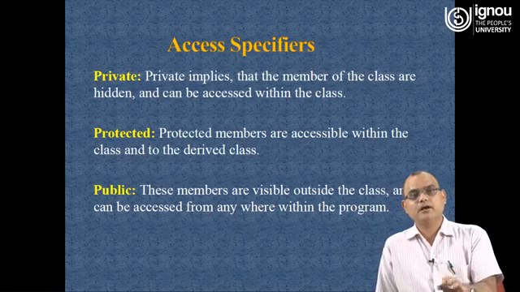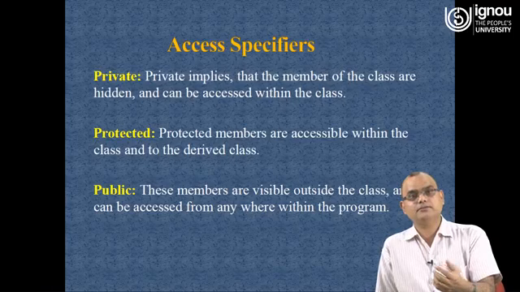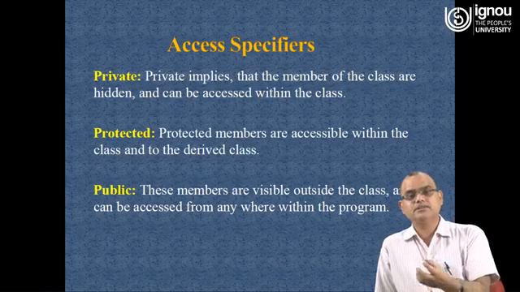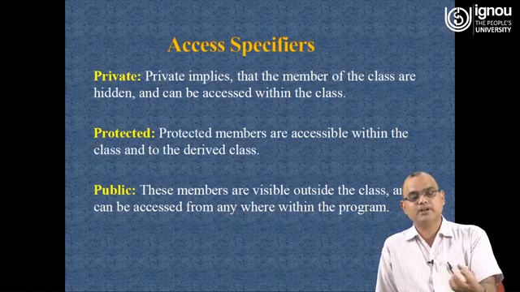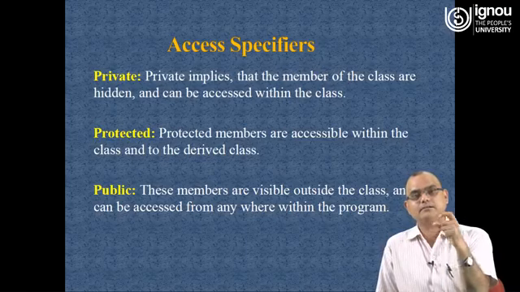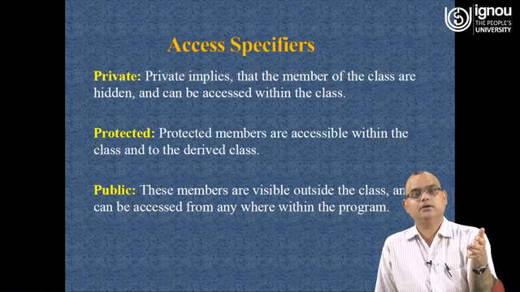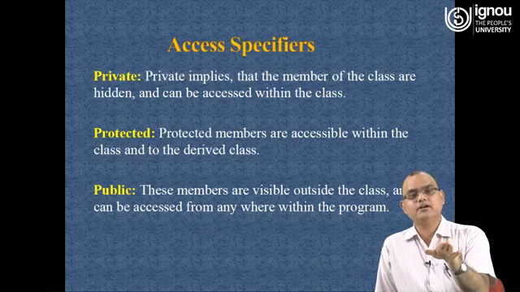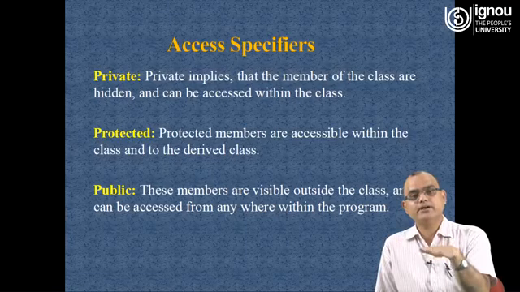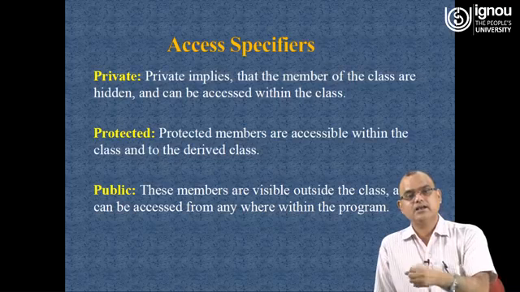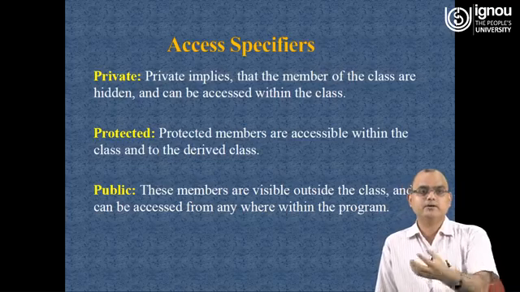So when you plan on inheritance, when you will be inheriting features of one base class into some derived class, then if in the base class you have some data or some methods to which you want to provide access to the derived class, and beyond that you do not want to, then it is better to make them protected, so that you can use that data and those methods inside the base class, and you can extend accessibility to